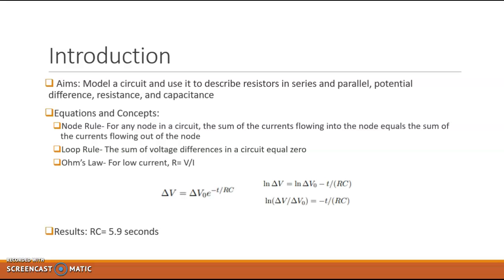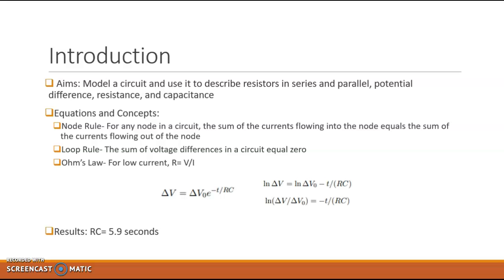So this lab aims to demonstrate how circuits work by measuring potential difference within the circuit and analyzing the relationship between resistors in the form of light bulbs and capacitors in order to determine an RC value. I accomplished this by modeling circuits in Colorado PhET's circuit construction kit and using their built-in voltmeter, ammeter, and stopwatch